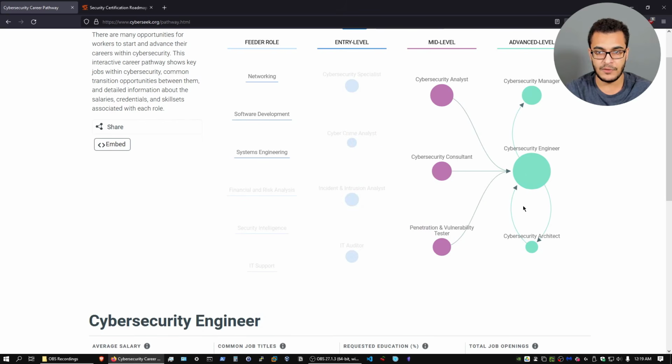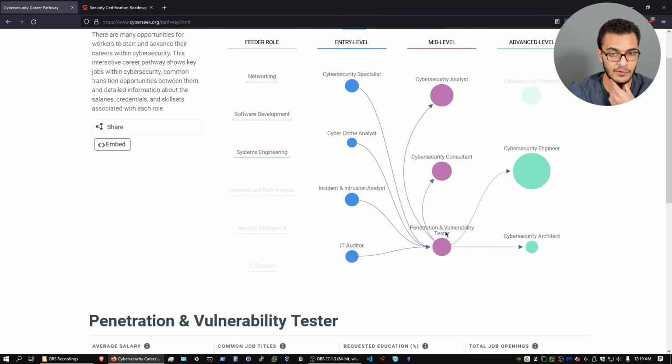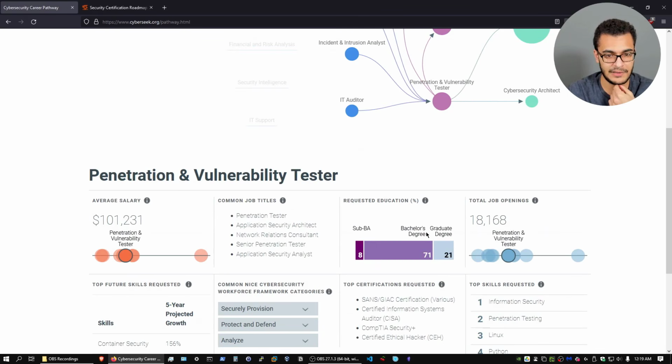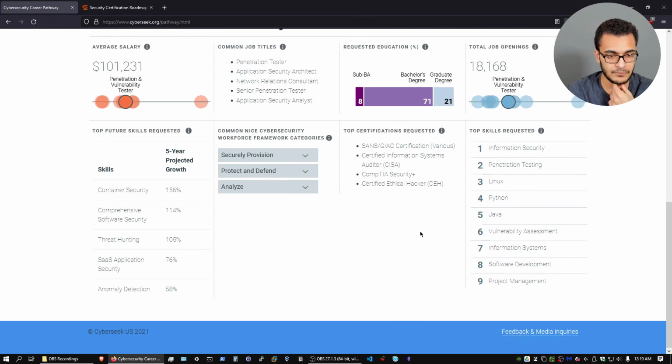And if I click on cybersecurity engineer, probably a few years within that role, you can then move into a cybersecurity manager. But if we click on penetration tester, because this is where a lot of you guys actually want to get into, or the role that you guys are interested in, as I've said multiple times over the years, container security is pretty much the next big thing. And I've made countless videos on it, but a lot of people tell me, oh, why are you focusing on containers? There's nothing there. It's pretty much secure. Well, you can see that you're going to need to actually get in touch with container security.